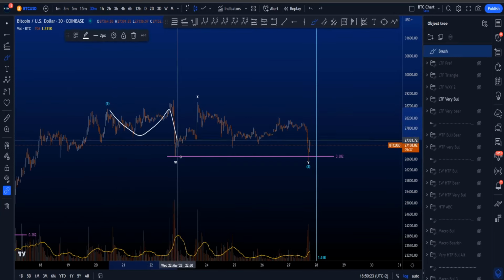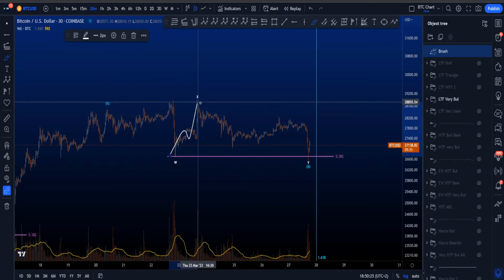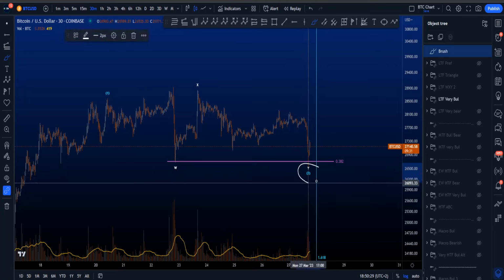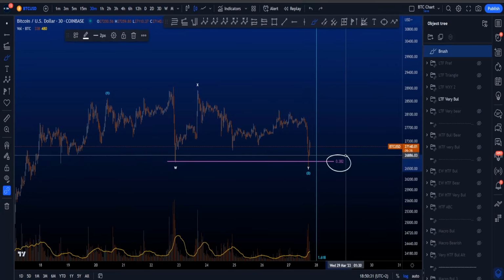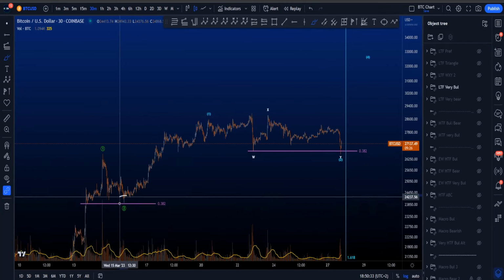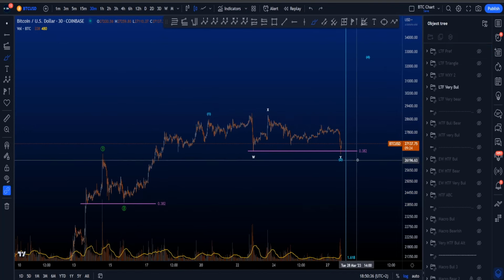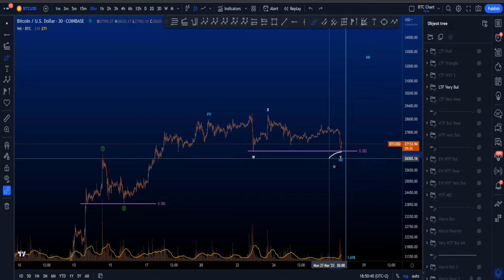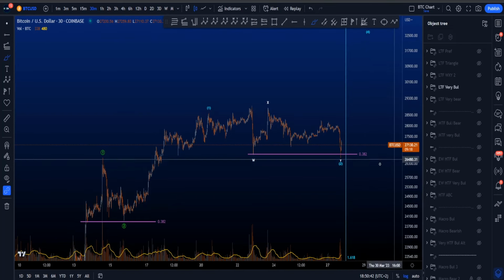And then this first structure is an expanded flat in the W followed by an X and then eventually a 3 wave in the Y. Over here you can see that this wave 2 then ended at the 0.382 fib taken from the low of 2 to the high of wave 1, which is a rare target for wave 2. This is not a common target, it's a rare target for this blue wave 2, but nonetheless